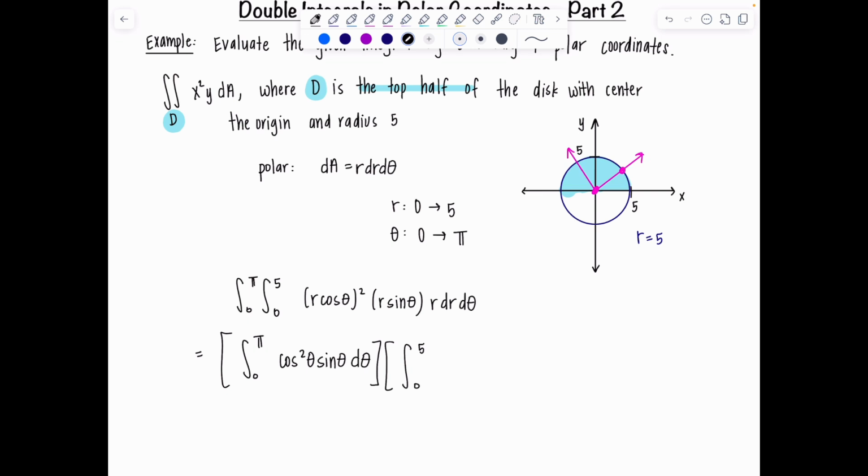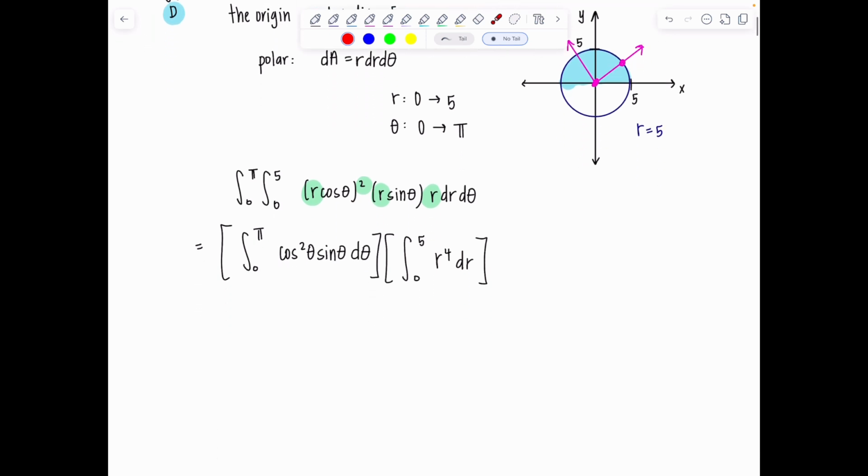I have 1, 2, 3, 4 powers of r to the 4th, dr. You can't do that unless these are all constants, and the integrand is a product of functions exclusively of r, a function of r times a function of theta. If there's any addition or mixing, you can't do it. I'll show you some where we can't do it coming up. From here,